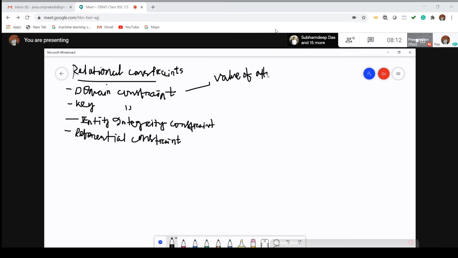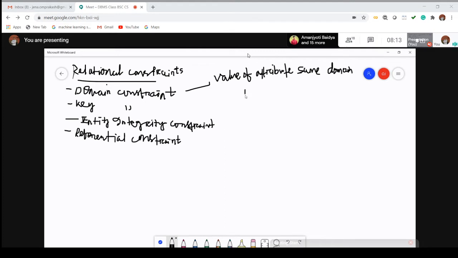Last class we have already discussed what a domain is. So what is the exact meaning of the value of the attribute must be from the same domain? Suppose it is a student table, a relation equal to student, and the attribute is roll number. All the values in the column roll number must belong to roll number type values. That is called the value of each and every attribute being from the same domain.